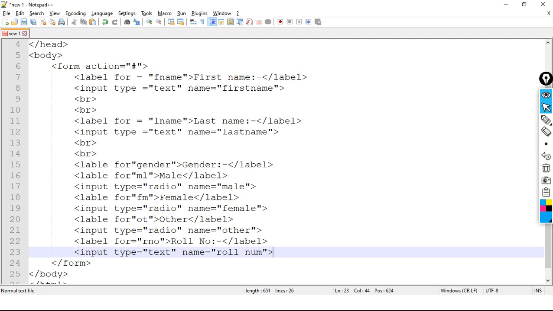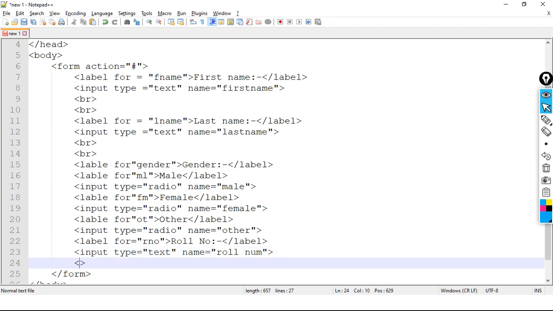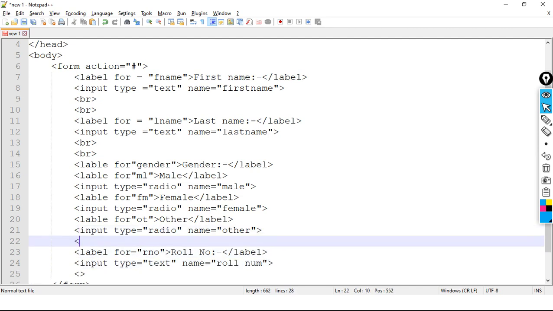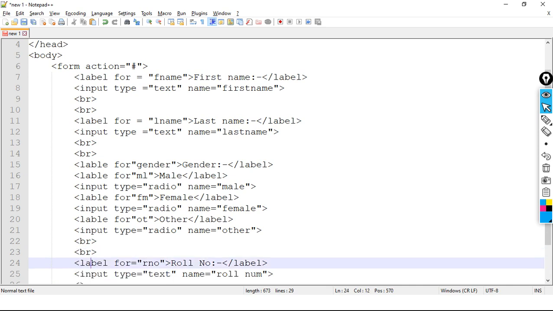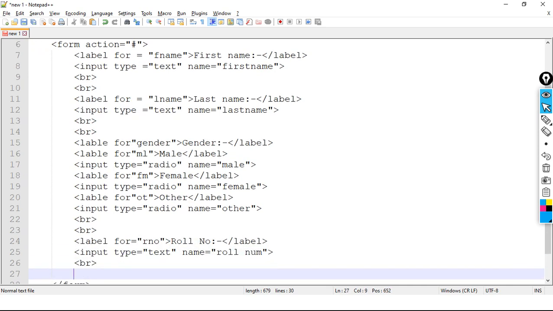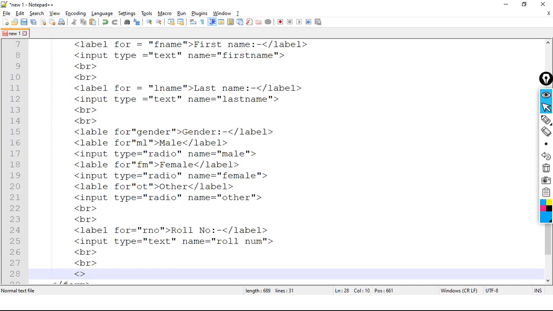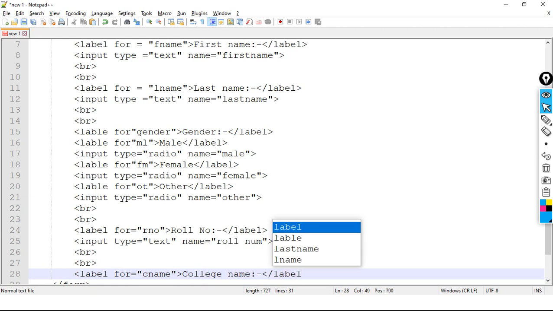Now this is also done. Here we should have a new line, and here we should have a new line. Then we have college name. For that I will have a label for equal to college name, college name, end of the label.